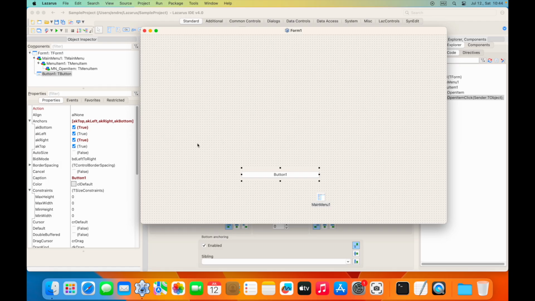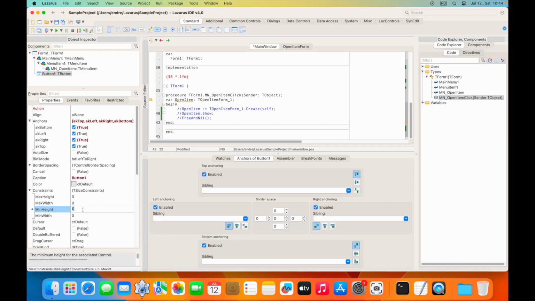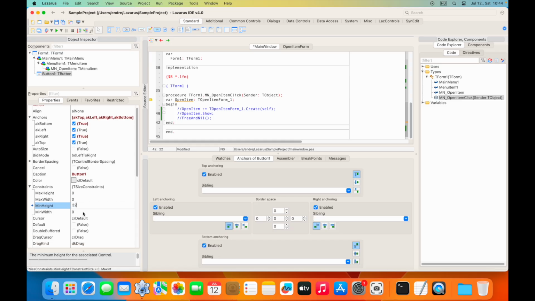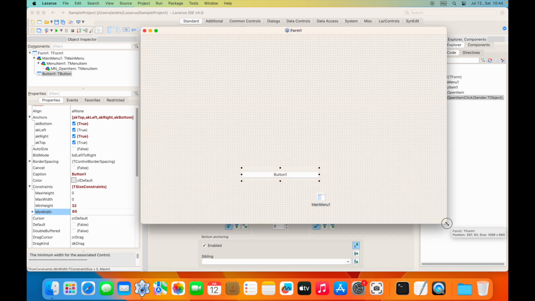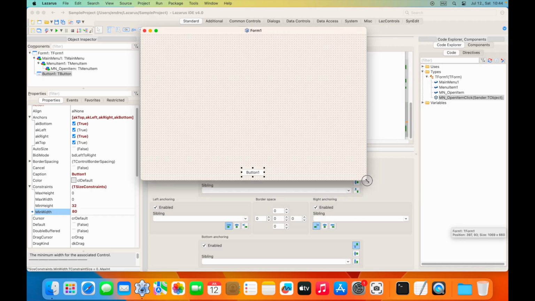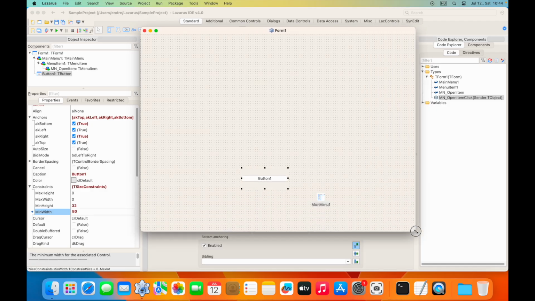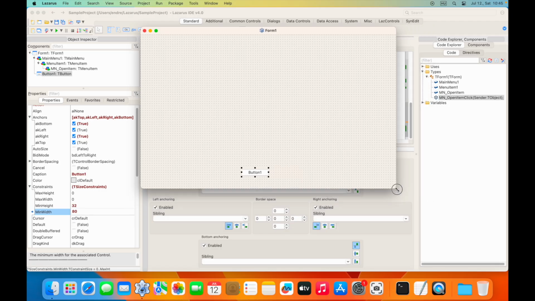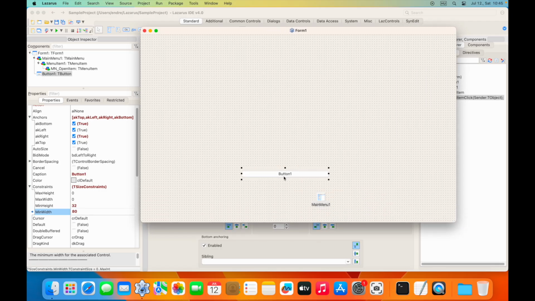But what you can also do with all the elements you are defining is define a minimum size. So if I'm saying that the minimum height is, let's say, 32, and the minimum width is maybe 80, and then I'm going back to the form and start to resize, this will not allow the resize below that size. So you can basically create a button in a way that